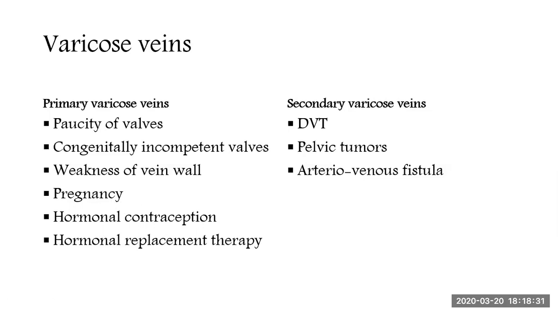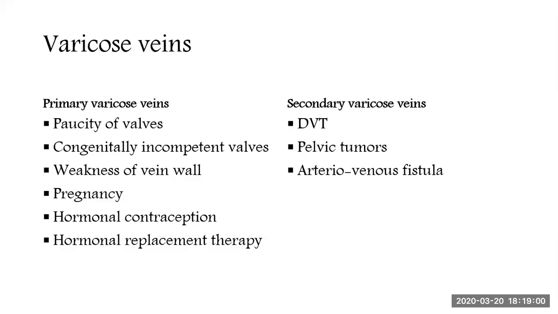Hormonal contraception works in a similar way, but to a lesser extent than pregnancy, in leading to varicose veins, due to salt and water retention and their relaxing effects on the wall of the veins. Hormone replacement therapy works the same way. The secondary varicose veins are caused by